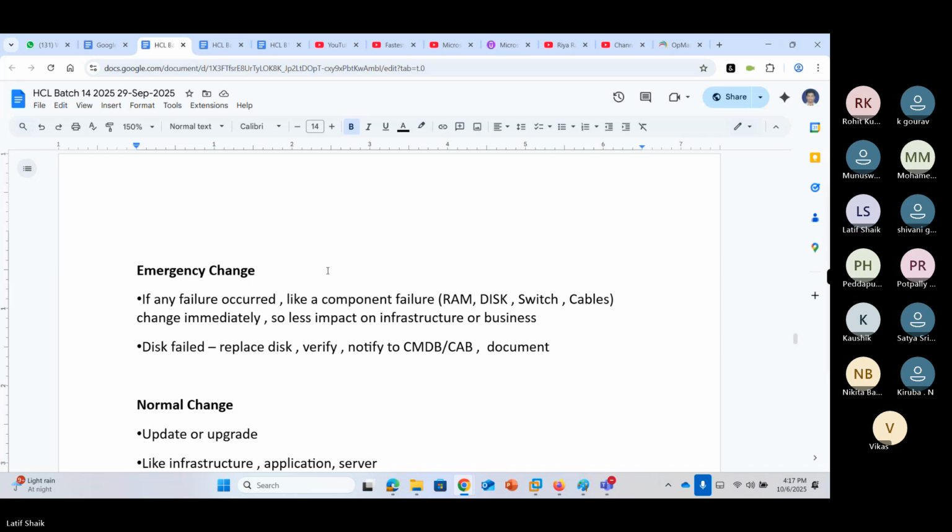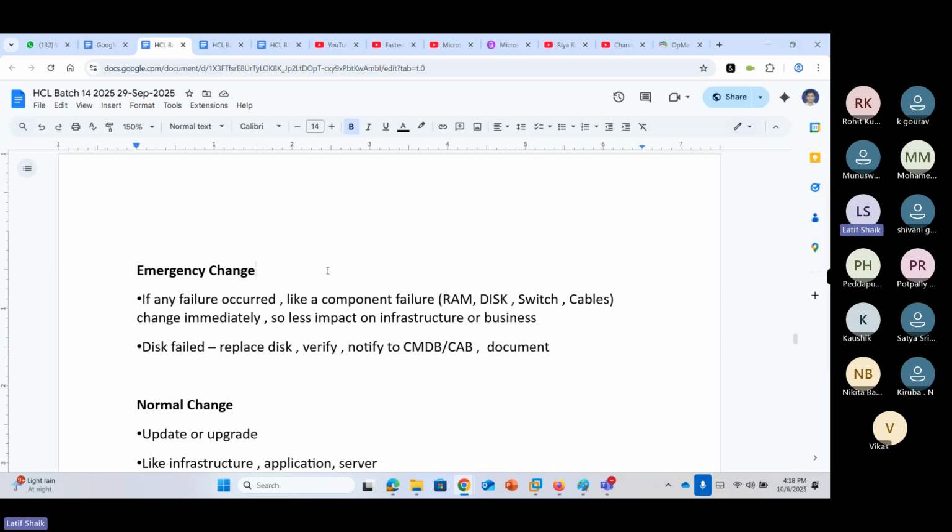This is asset management. So in emergency changes, what we do, of course, we'll inform the CAB. So an issue has occurred, and the component needs to be replaced. You don't wait for the permission. You will get permission, but you have to resolve the issue immediately before it impacts more users. So what we'll do, we'll check the inventory. Is there any component failure? Do we have the component? Replace the component. Okay. And verify it's working or not, notify CMDB and CAB, and document it.